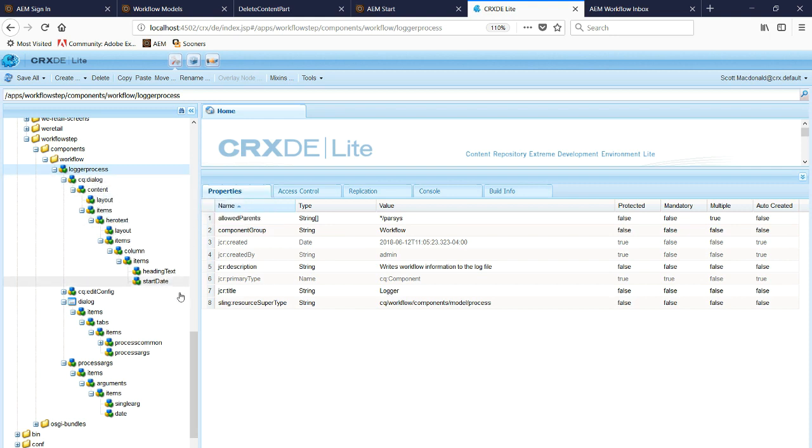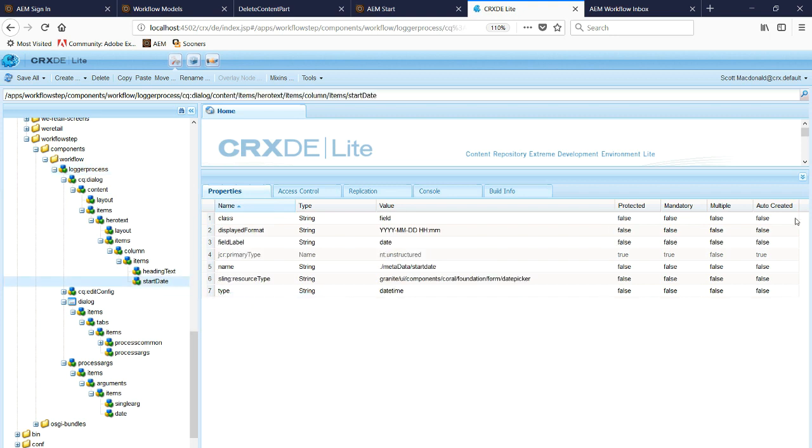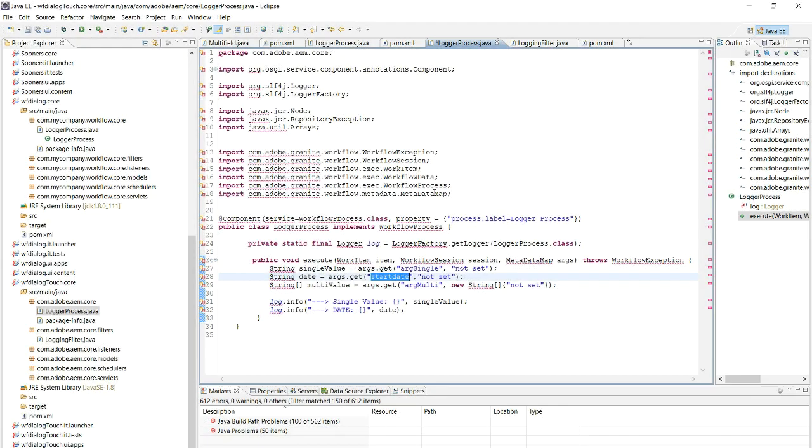We go down the node structure. Here's start date, and we can see that we have the proper resource type right here. Looking at the back end or the Java process, we can see that we're using this line right here to read that resource type. So it's start date. Notice it maps up to